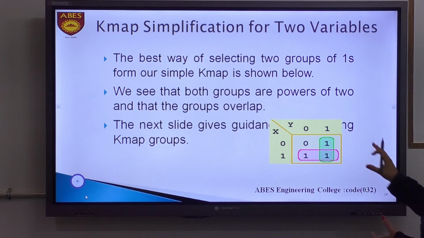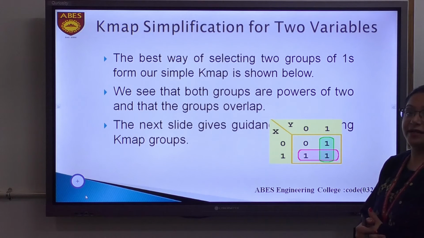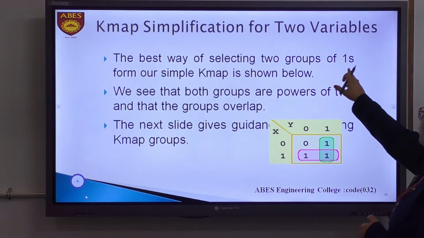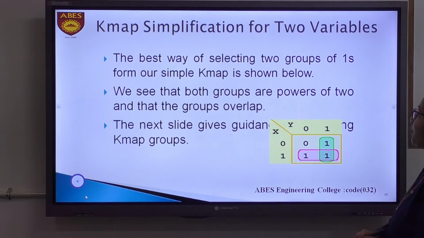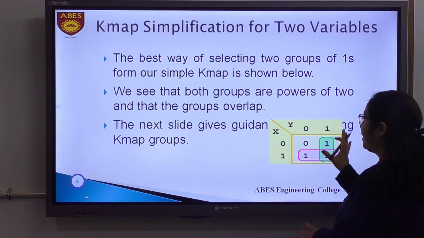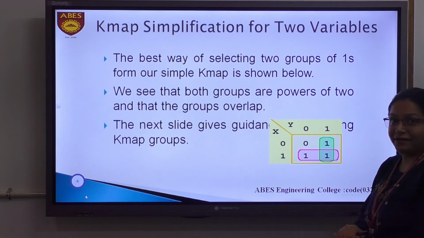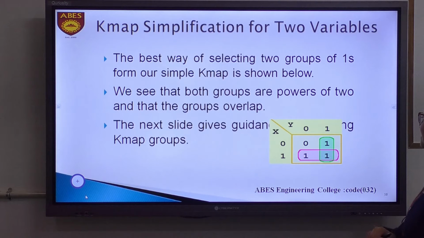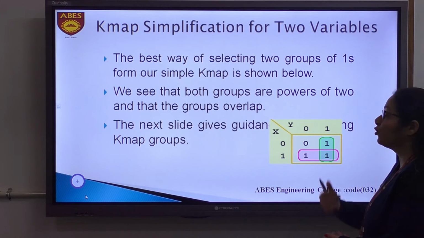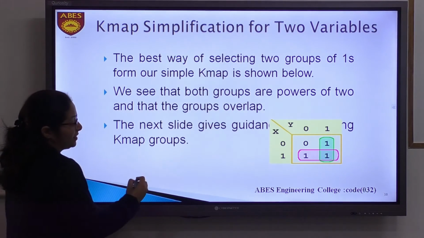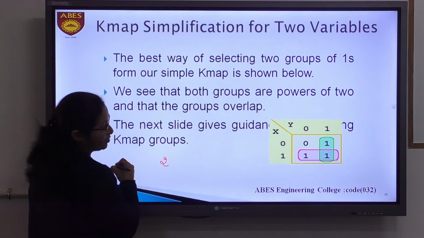Now, in a K-map, what we do is select adjacent ones as a group. The best way of selecting two groups of ones from our simple K-map is shown here in the example. We see that both groups are a power of 2 and that the groups overlap. In this K-map, in order to solve a Boolean expression, first of all, we map each cell entry with a minterm of the Boolean expression, and the next step is that we try to find the grouping of adjacent ones such that the size of the group should be equal to 2 raised to the power